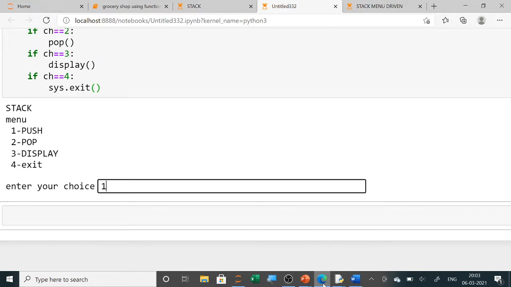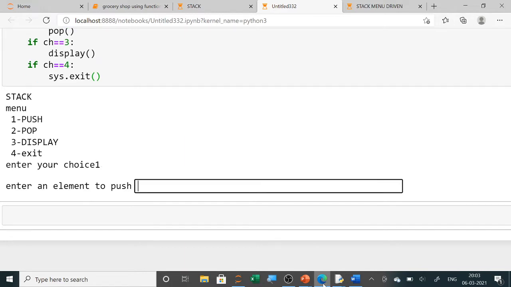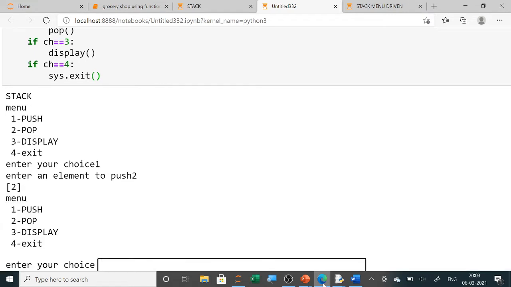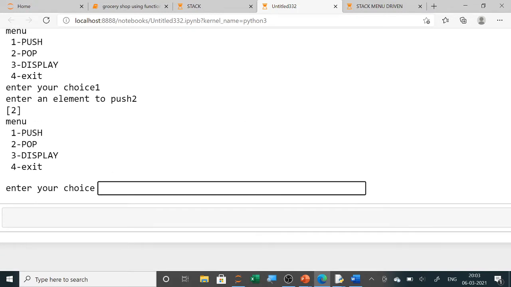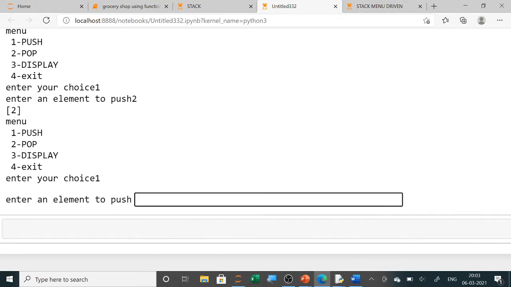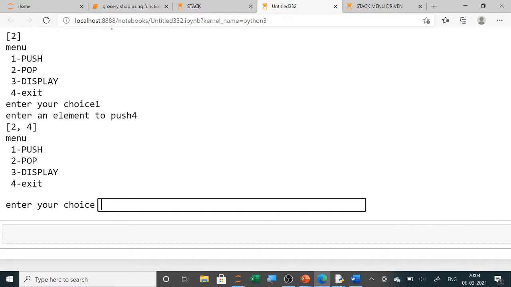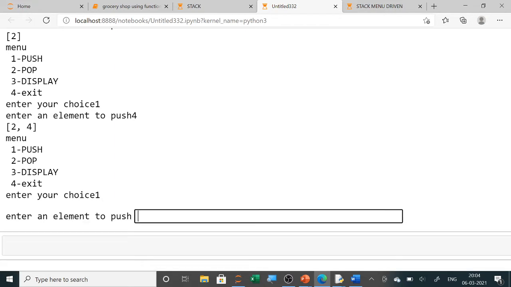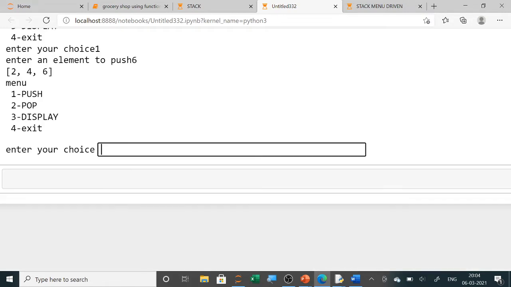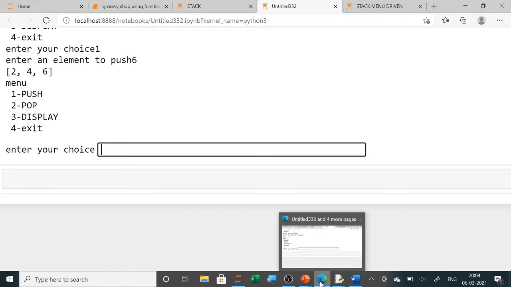अब जब हम इसको रन कराएंगे तो ये सबसे पहले मेनू दिखाएगा। फिर हमने 1 पुश के लिए लिखा, सपोज हमने इसमें इवन नंबर्स को डालने हैं, तो हमने पहला नंबर 2 डाला, उसके बाद ये डल चुका है 2, फिर से मेनू आ गया। फिर हम 1 सिलेक्ट करके पुश करते हैं, इसमें सेकंड नंबर हम 4 डाल रहे हैं, तो यहाँ पे 2 और 4 आपको दिख रहा है। नेक्स्ट फिर से अगर हम 1 डालेंगे तो फिर से पुश करने के लिए, तो यहाँ पे हमने 6 डाल दिया, तो ये 2 4 6 आ गया।